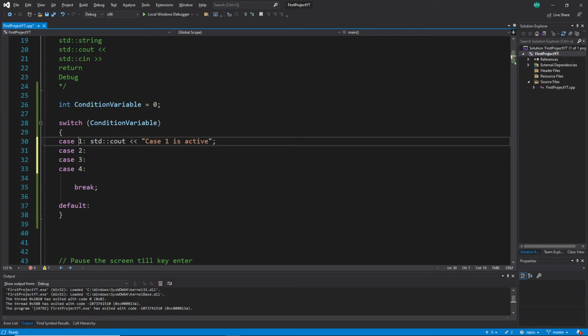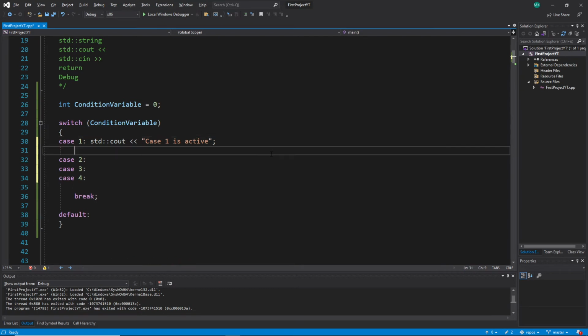Actually it checks only this number here. If this condition is one of these numbers, and if it's the case, it will execute after the colon. So far so good. But what is this break statement? This break statement means after the switch statement finds one of these cases, you have to use this break statement